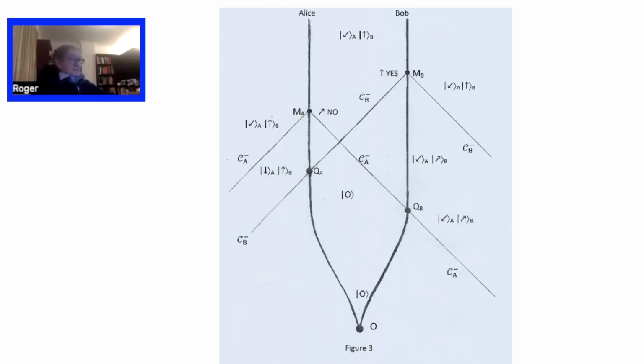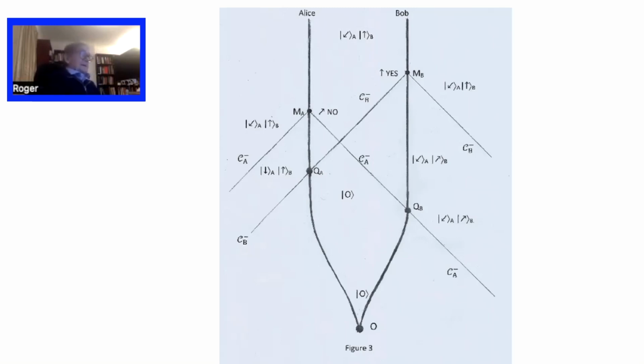They have a spin zero state, which is split into two spin-half states, and they're put into a little box. Each one has this box, which is very well shielded from the outside world. And so Alice has a spin-half state, and Bob has a spin-half state. And the state is the pair of the two, represented by the zero in Dirac brackets right at the bottom. And it still is represented as you move up the picture in that spin-zero entangled state. Alice and Bob don't have the whole state. The state is shared between the two of them.